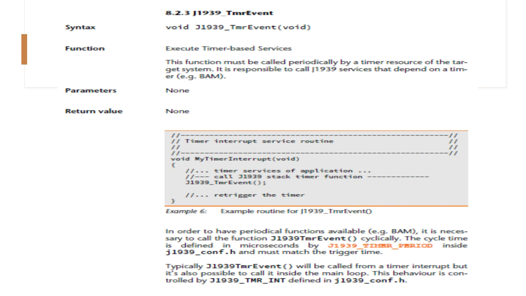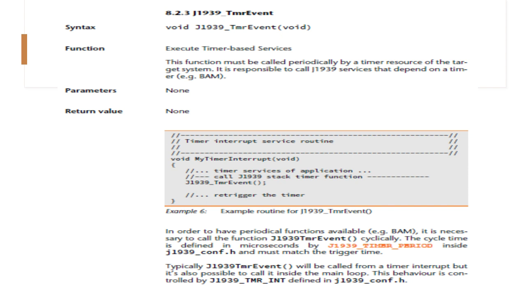It takes no parameters and returns nothing, but we use it periodically by a timer resource of the target system. Here you see an example timer interrupt service routine, timer ISR, a small example routine for J1939_TMR_EVENT.